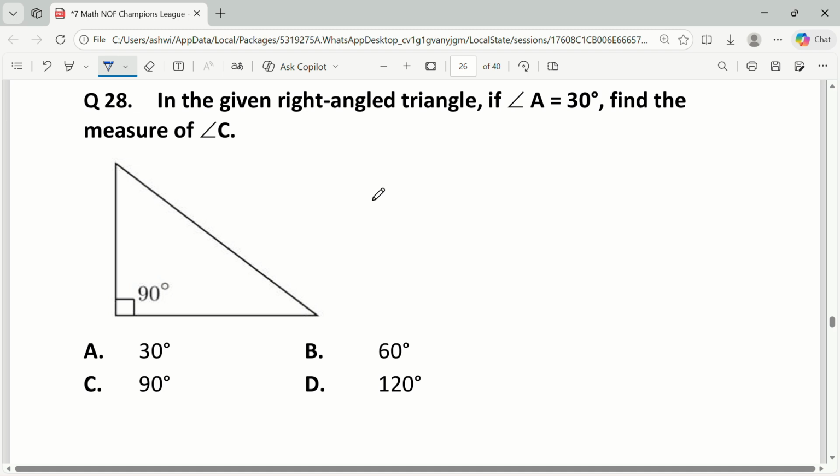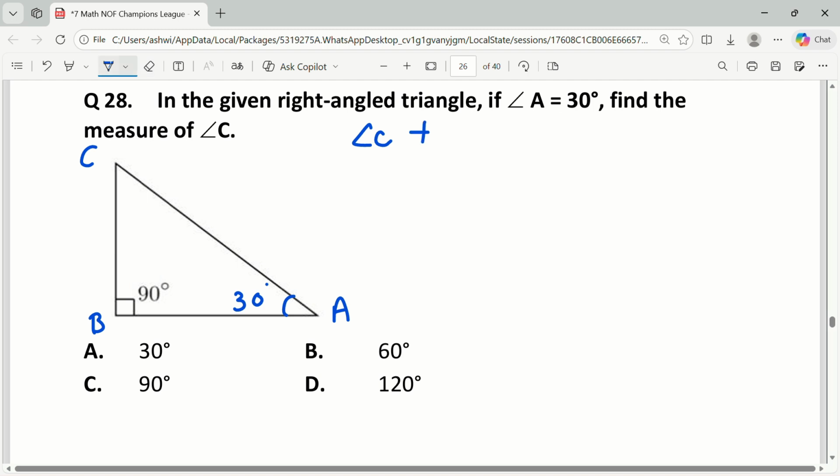Question 28. In the given right angle triangle, if angle A is 30 degrees, then find the measure of angle C. Let's name the triangle as A, B, and C. Given that angle A is 30 degrees, we know that the sum of all interior angles of any triangle is 180 degrees. Given that one angle is 90 degrees and another angle A is 30 degrees, we can say angle C